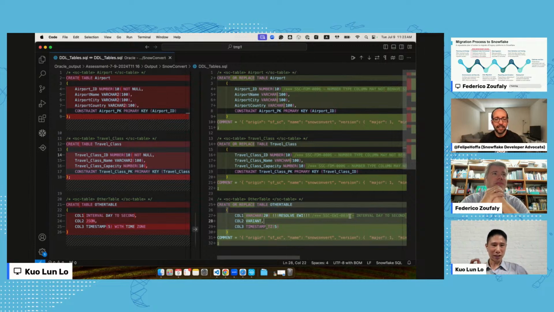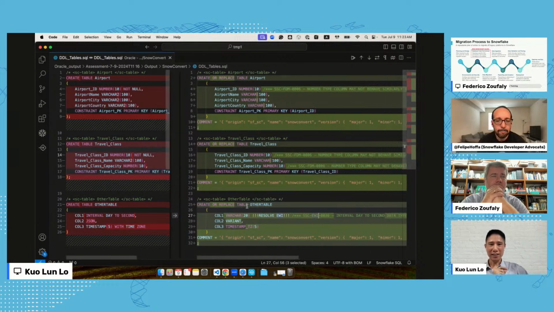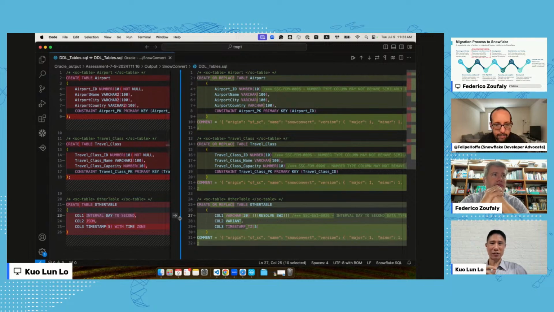So for example, you can see there is an EWI. For all the EWIs, we are adding, how can I say this, a marker that the code is syntactically incorrect. What we want is for users to take a look at this, because we want you to review whether you think this is the correct translation that SnowConvert accelerated for you.